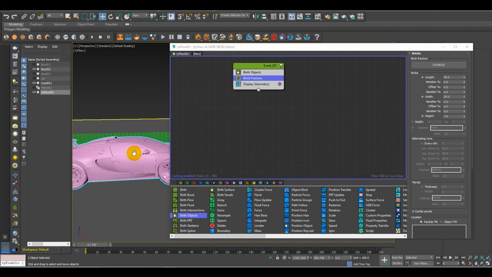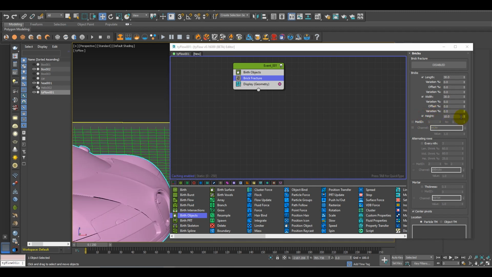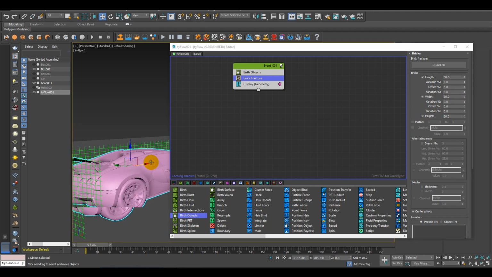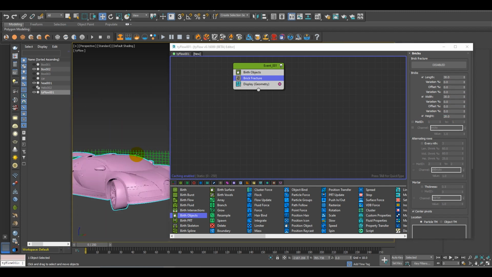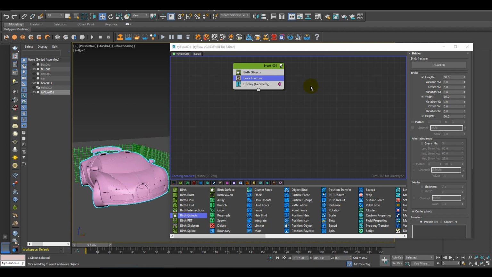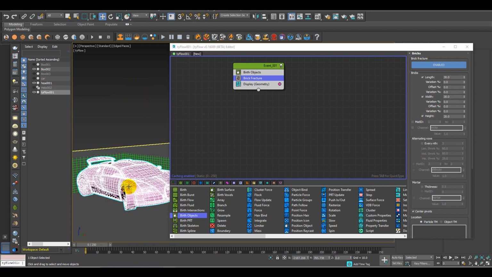Let's increase the height also a bit, a bit more, a bit 20, I believe. That's fine. Now I have this brick fracture over here. Let's click over here so it gets fragmented. See, let's hit F4. You see it's fractured the car.